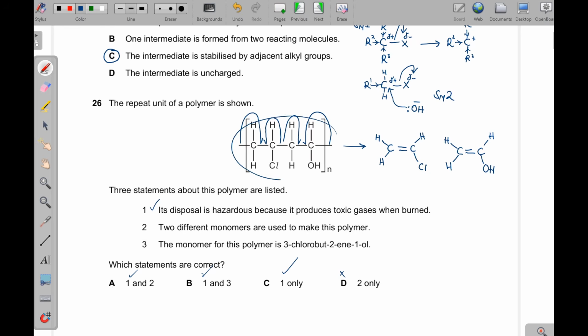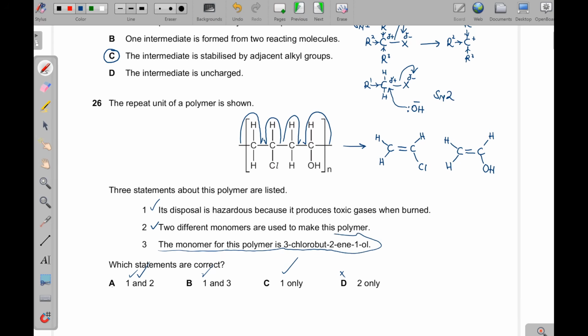So this repeat unit is coming from 2 different what? Monomers. So they are saying 2 different monomers are used to make this polymer, and that is also correct. So 1 and 2 are correct. So we still give this one a tick. 1 and 2. Then the monomer for this polymer is